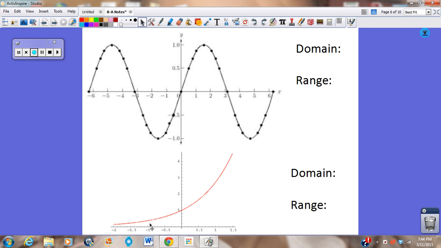Okay? Now here, when you look at your domain, you're looking at all real numbers, but when you look at range, it's y is greater than 0. Okay, so it's this and goes all the way up. Notice there's nothing below because it's not going to cross the x-axis, and we'll talk about that more later. Okay,